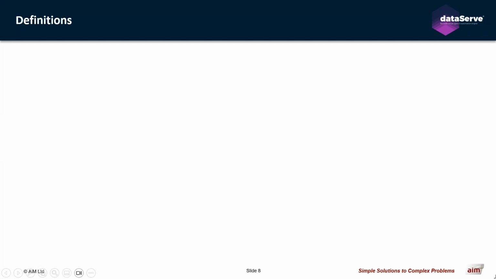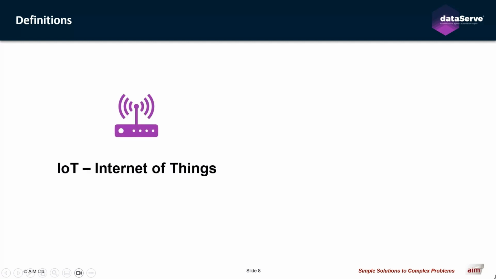So, before we push forwards, let's just take a moment to briefly define some of the terms. In the tech world, we do love our acronyms, but it's crucial to break down these barriers. Let's start with IoT, the Internet of Things. This term refers to a network of physical devices, such as sensors or appliances, that are connected to the Internet. These devices collect and exchange data, enabling them to communicate and perform tasks without the need for human intervention.